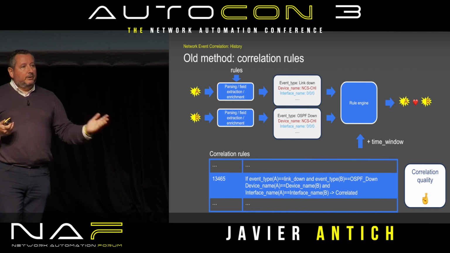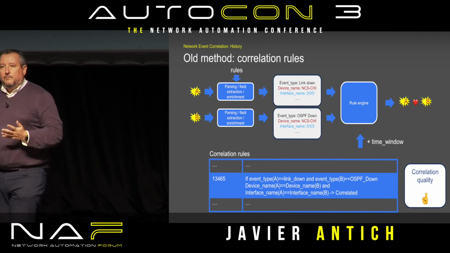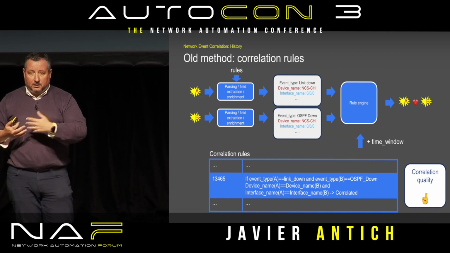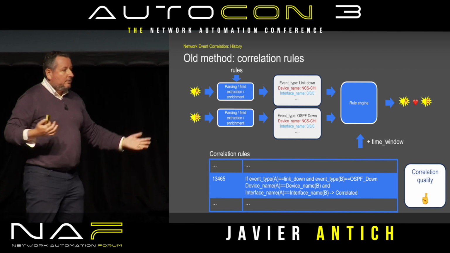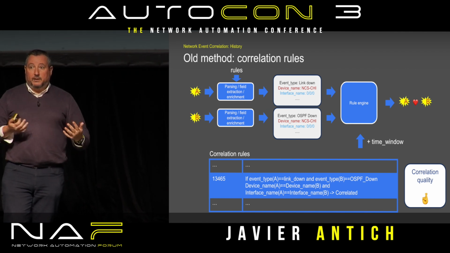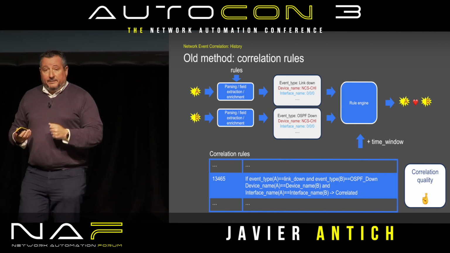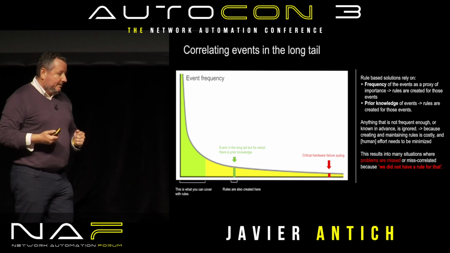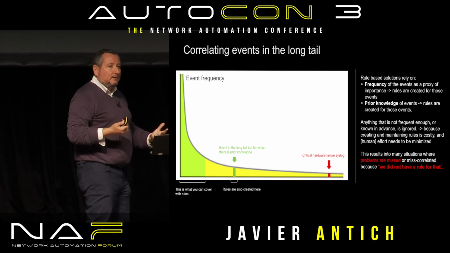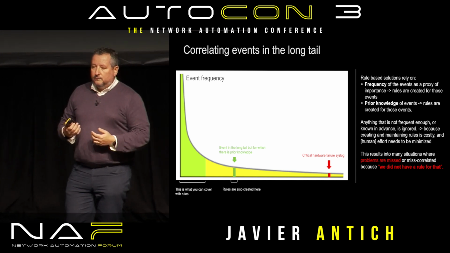And this has been going on for many years, and it sort of works, but it depends on the quality of the rules that you create and the effort that you put into maintaining those rules. Some people end up with hundreds, if not thousands, of rules, with a lot of difficulty maintaining them and knowing what each rule is for, and obviously it becomes very challenging. And there's a fundamental issue with this: you only create rules for the things that are usually more frequent, because it pays off to put the effort into creating a rule for that.